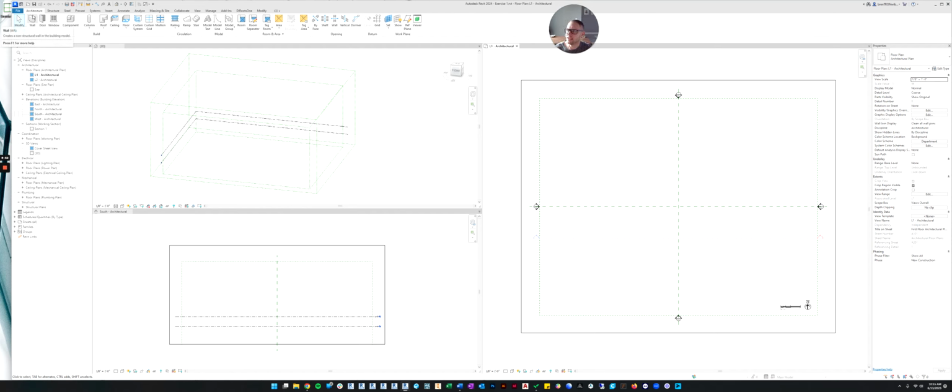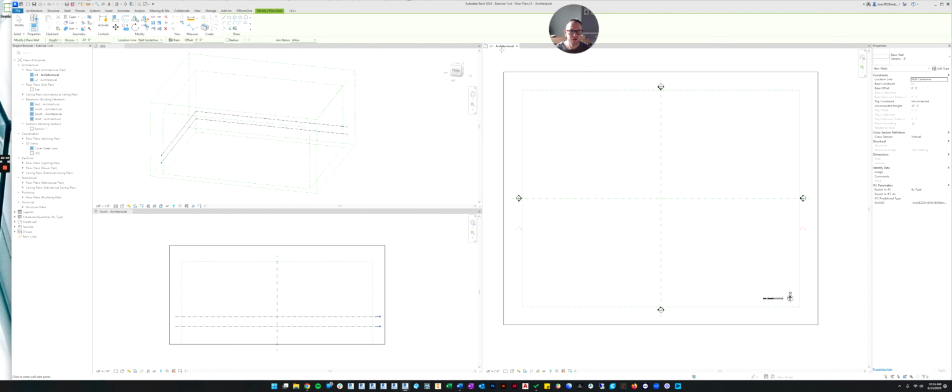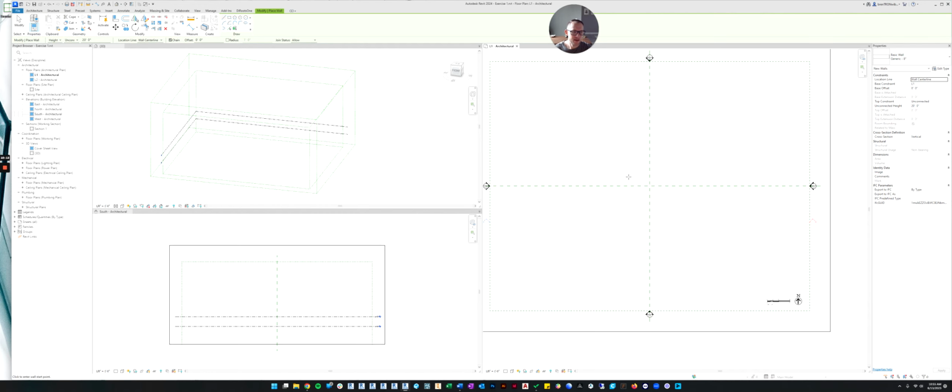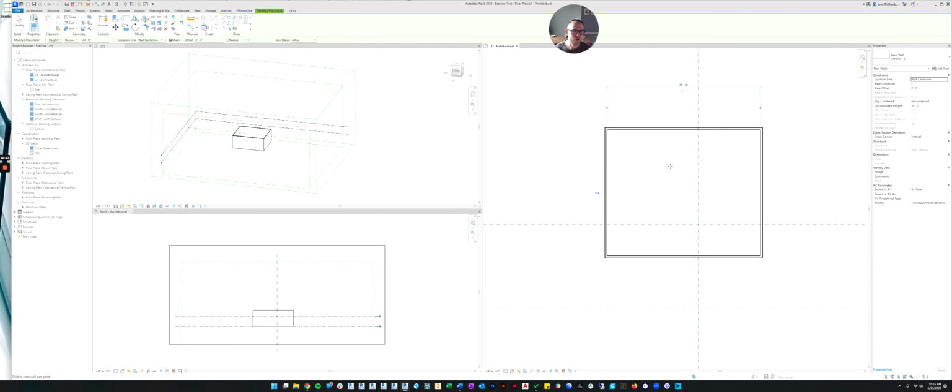So the first thing we might need, let's just look at the commands that are available to us. Walls, doors, windows, other components, roofs, ceilings. So let's just start with wall. If you click the wall command, you'll see your cursor changes from an arrow to crosshairs. So let's go over to our floor plan, and we're just going to click and drag, and then just keep clicking around until we've made a square.